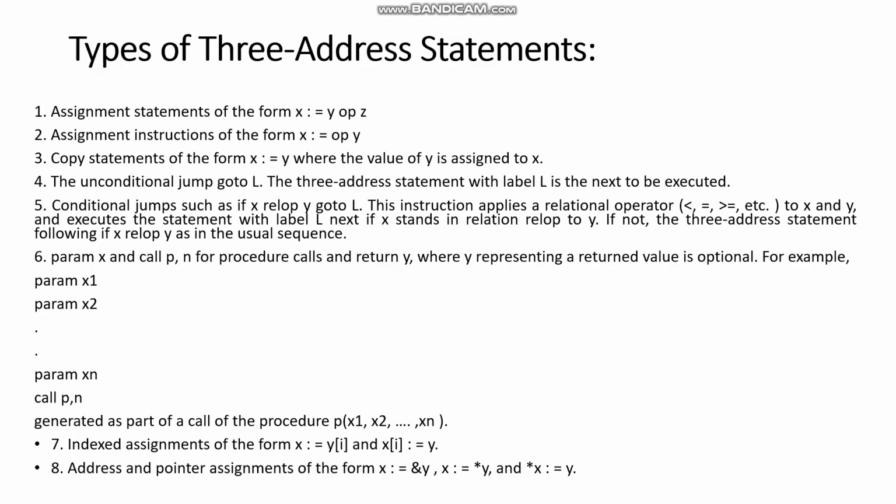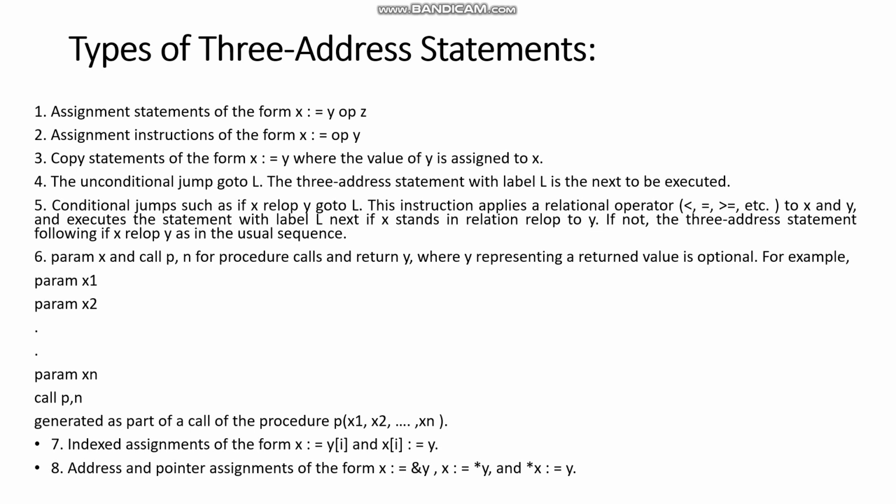In continuation with the previous lecture, today we're going to finish up with this topic, that is three address code generation. In the previous lecture, we have seen how to generate a directed acyclic graph and how to generate the syntax tree also for the particular input statement given to you. But with respect to three address code statements, we are going to see the types of it.